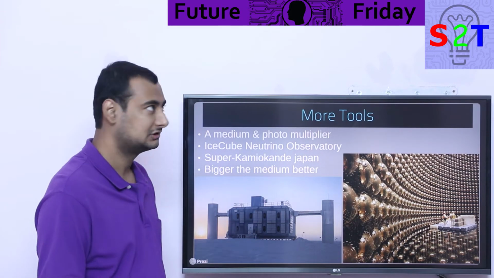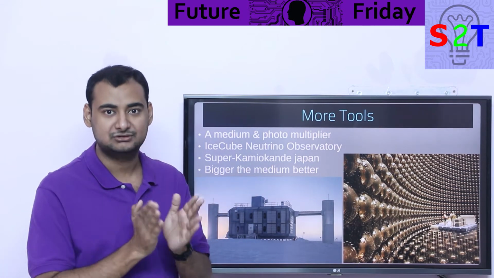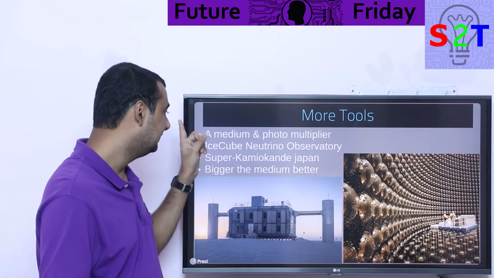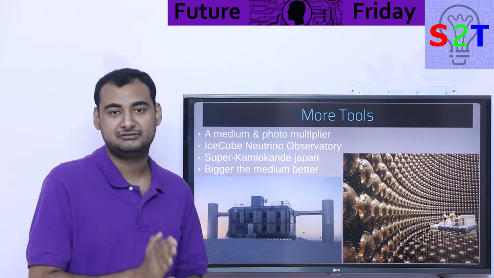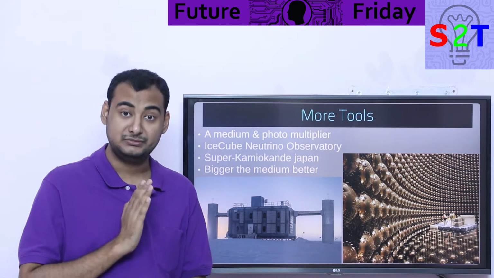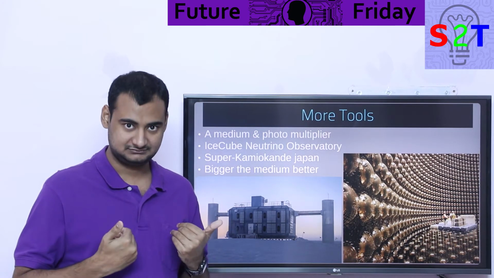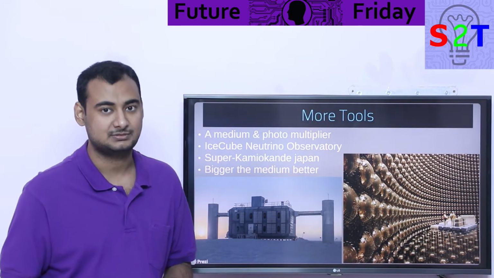Well, we need more tools. So our best reality at this point in time, if you simplify everything, how the heck do we make a quote unquote telescope for this? Medium. That's the whole thing. This is one thing we understood very clearly. You cannot do this in a vacuum chamber. You need a medium. Now the medium has to be as clean, as transparent as possible. Transparent to us, not to neutrinos. Everything is transparent to neutrinos, but to us.